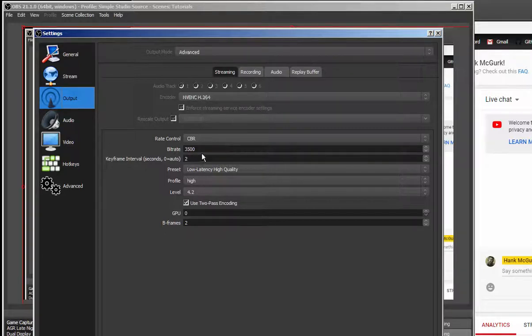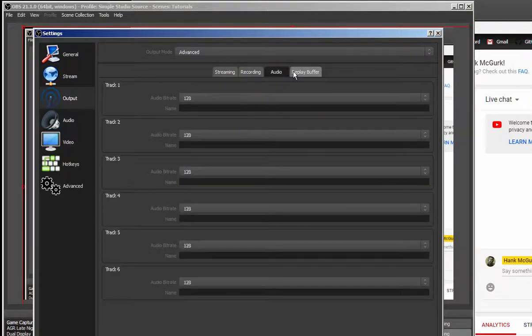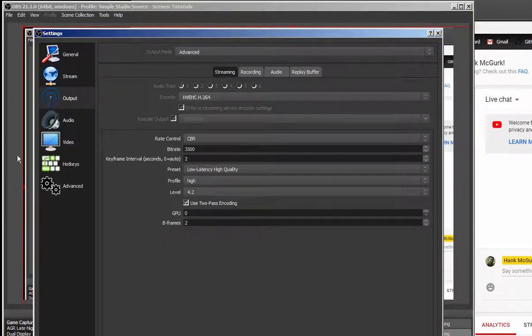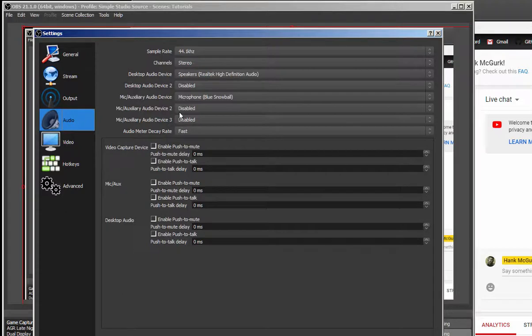This is your codec. The rest of this is kind of for really high resolution gaming type of stuff. You don't really need to get into this that much. Okay, standard settings will be fine for most people, really. This is where you set your audio devices or your webcam, whatever that might be. So you basically have your labels for your microphone or auxiliary device,